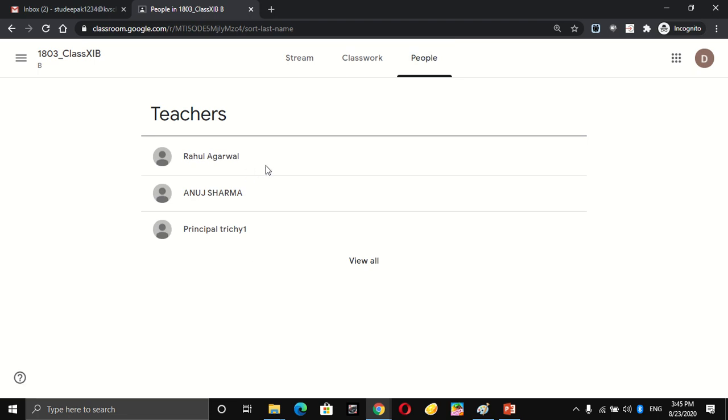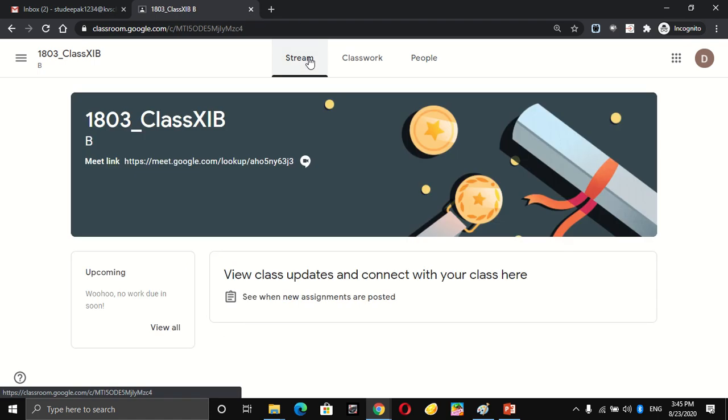Now you can see the teachers are added here. You are the only student, that is why you cannot see anything else. Whatever details there are, they will all come here. Another thing is, you can see this link.